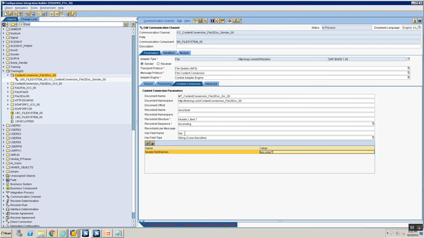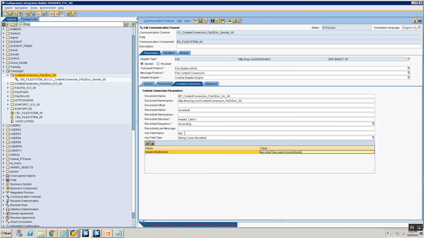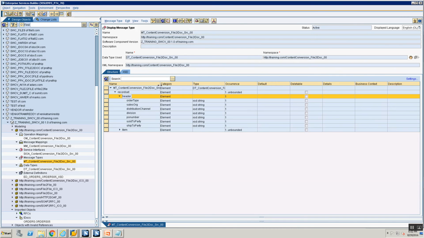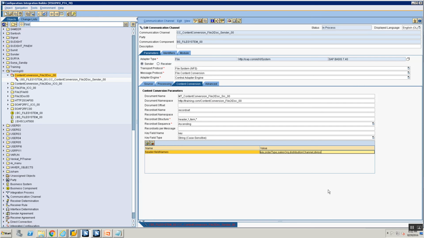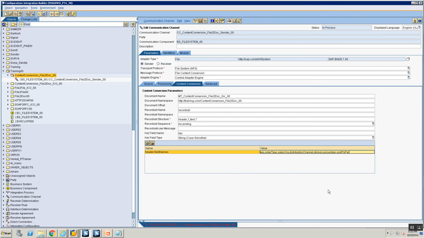Order type, sales org, distribution channel, division, PO number, sold to party, and ship to party. Okay, next header dot